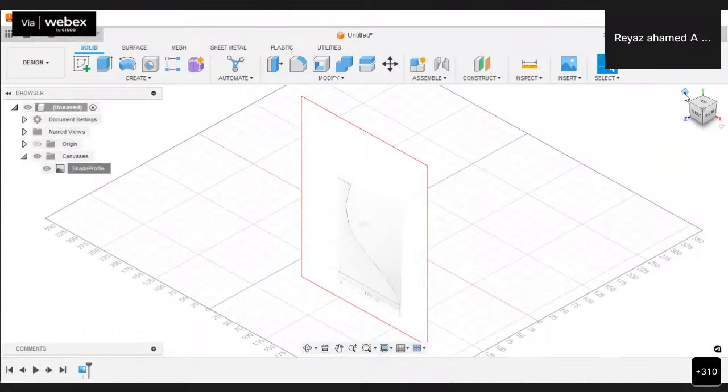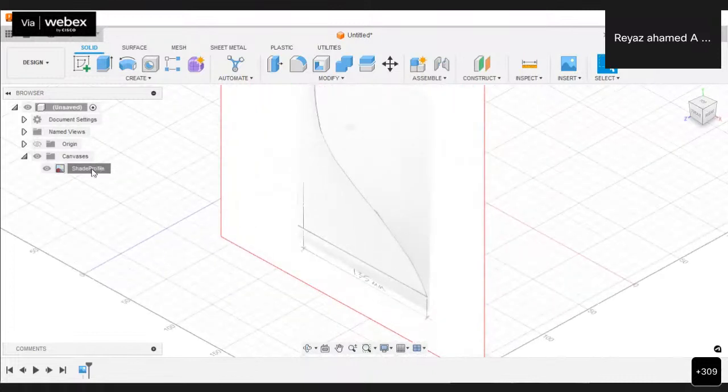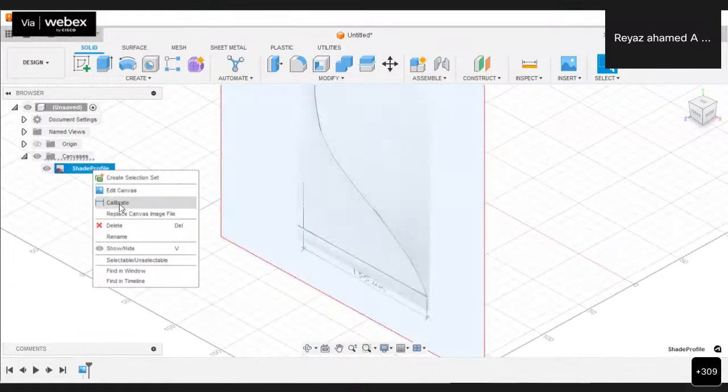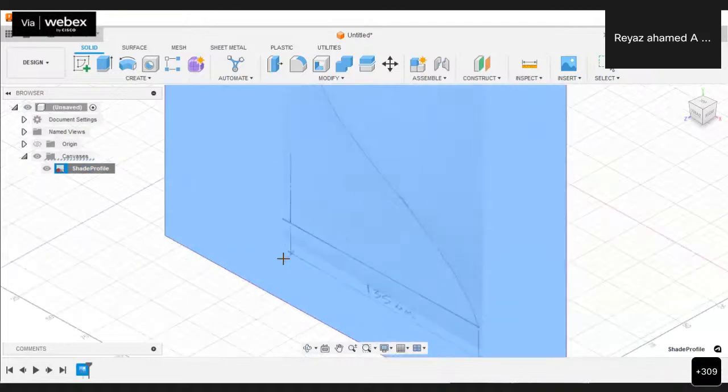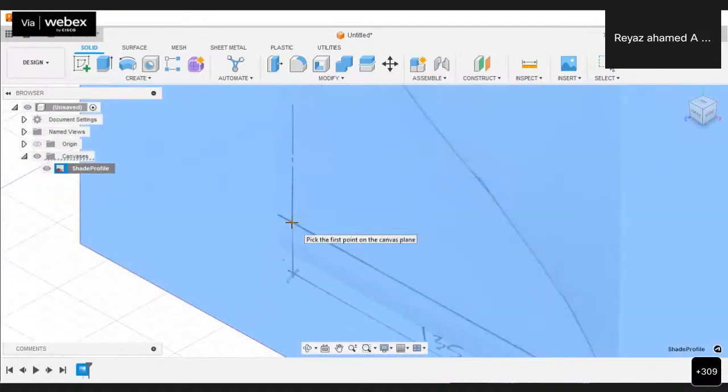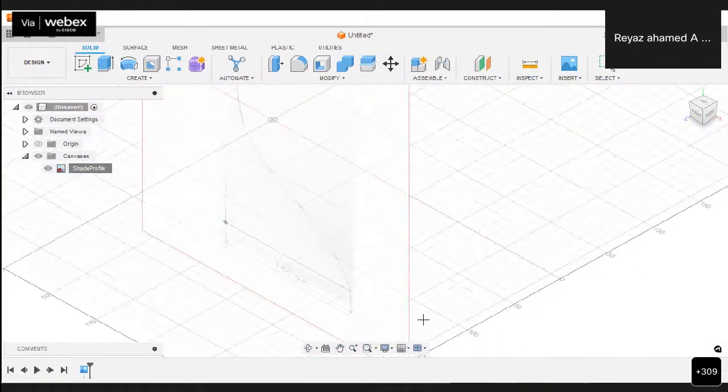See, the image is getting enlarged. At the same time, it is moved to some other location. So we have to bring it back to the origin position. Okay. So let us recheck whether the distance is enlarged or not. Just go ahead with the calibrate option again. Again, pick those 2 points.